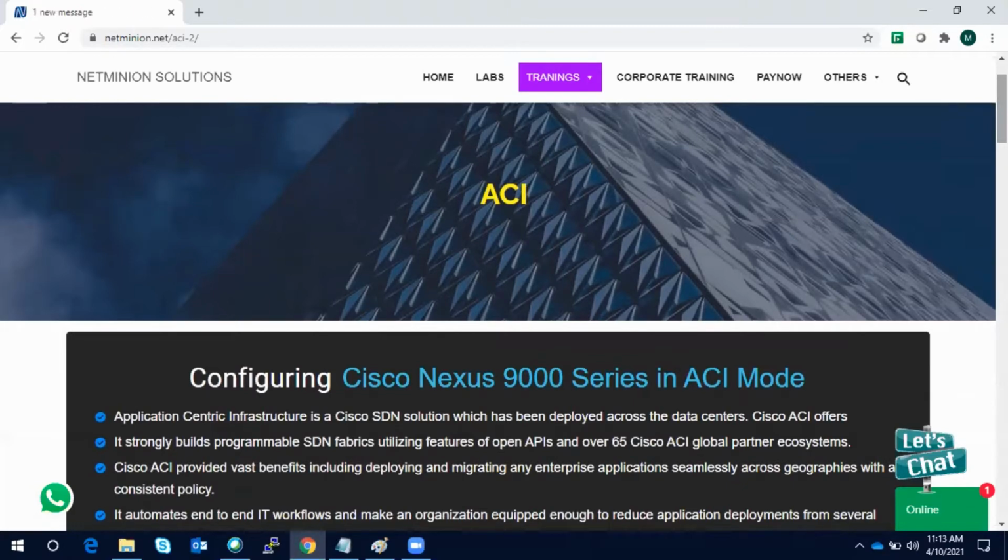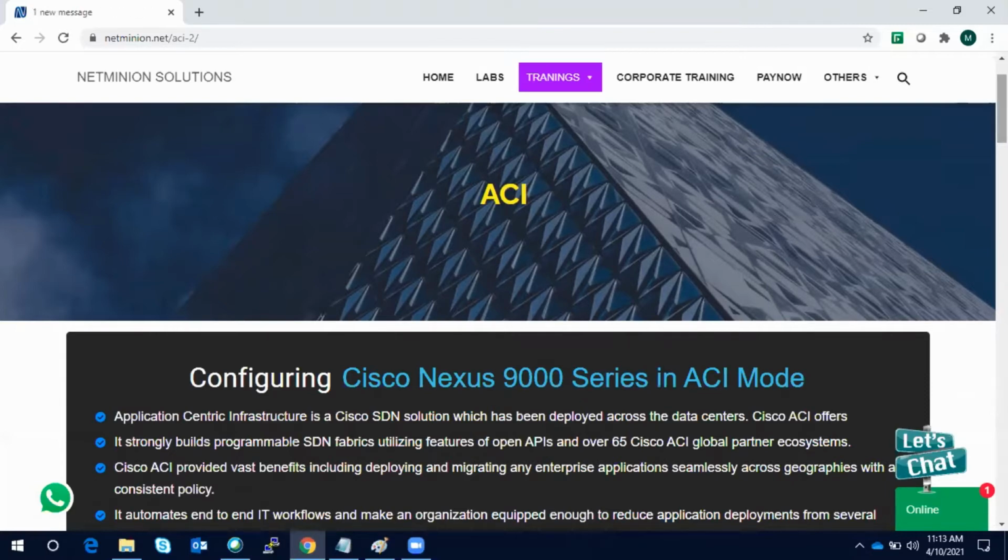We have the Nexus 9K switches, 9300 and 9500. You can configure those in NX-OS mode as well as ACI mode. But since this class is for the ACI, we will cover how we can implement ACI on Cisco Nexus 9000 series switches.